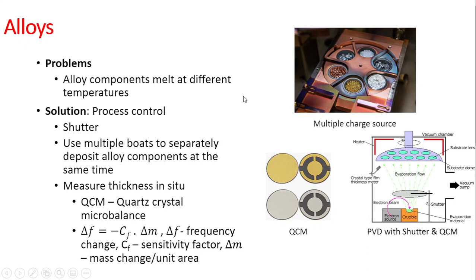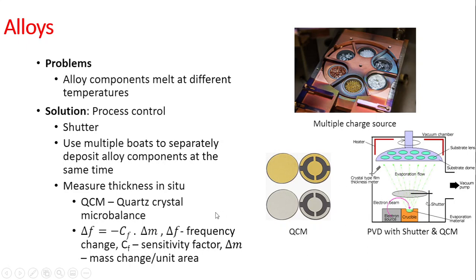Another important thing is to use process control when you're depositing multiple materials. One way to do this is by using a shutter. Usually the setup of the PVD looks something like this. You have a crucible, and then you have your samples at the top, and you also have a shutter that covers the crucible initially. And also you have something called a quartz crystal microbalance, which is used to measure the thickness. So sometimes you may want to measure the thickness of the material that is being deposited on your